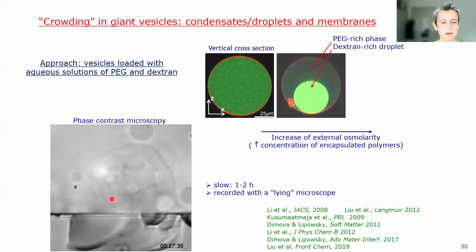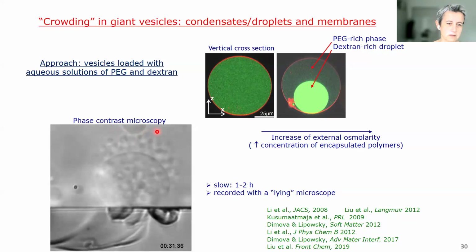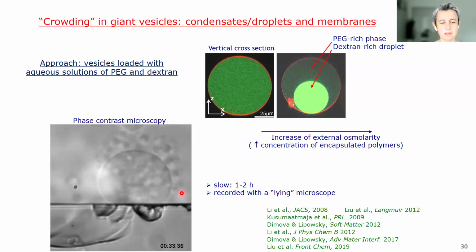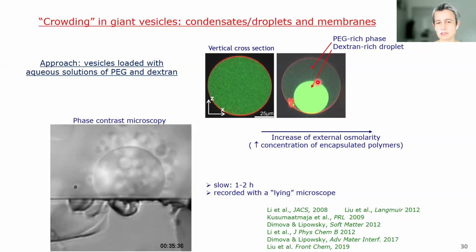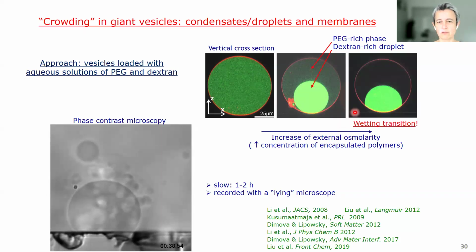Here you see the condensation of the dextran-rich phase, and the faint contour of the membrane is here, if you see my pointer. Now, in these conditions, the dextran-rich droplet does not want to be in contact with the membrane, but if you go further, tada, there is a wetting transition. Now the dextran-rich droplet partially wets the membrane. There's an exclamation mark here, even though wetting transitions have been known for ages about droplets on solid substrate. The interesting thing here is that the membrane is not a solid substrate. It's a very soft